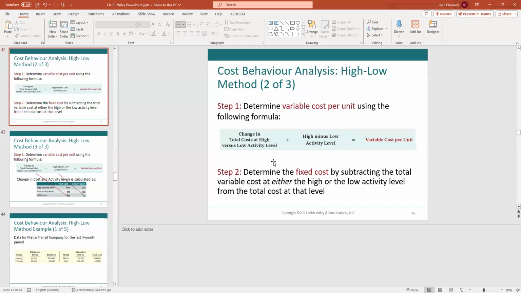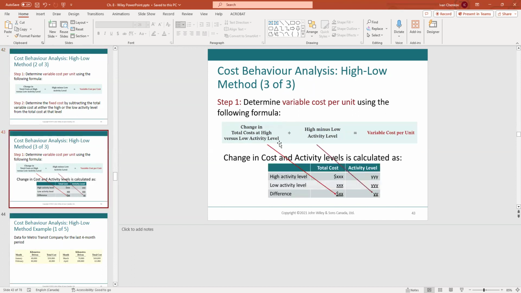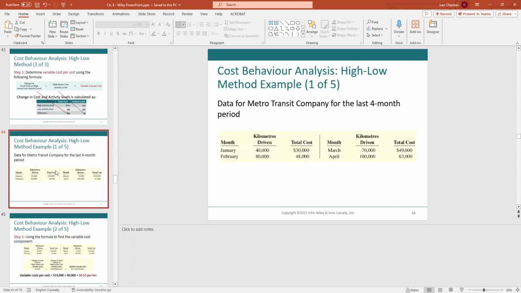Then we're going to determine the fixed cost by finding the total cost, eliminating that activity. After we do this, we're going to come up with the formula. So in order to explain this, I'm going to grab this information,